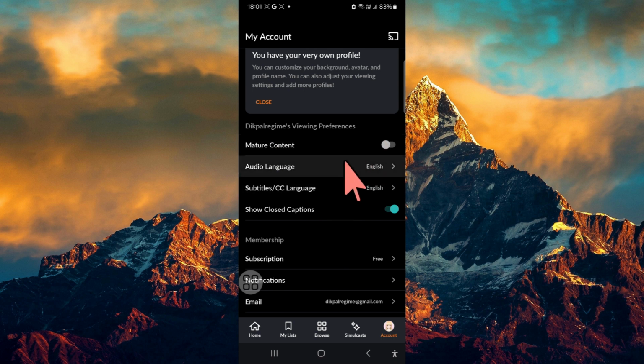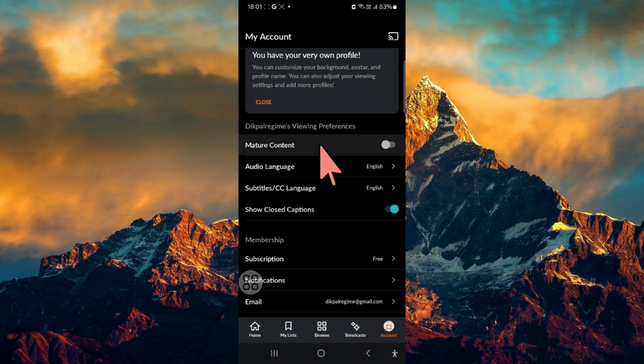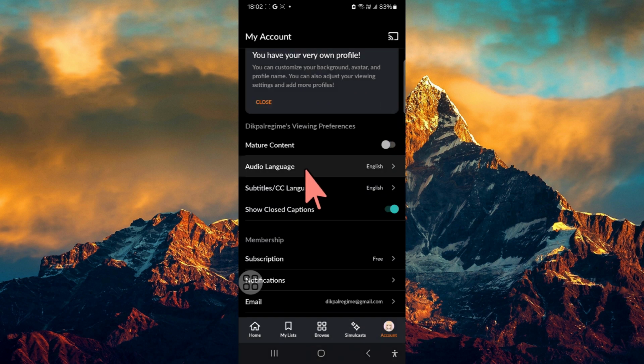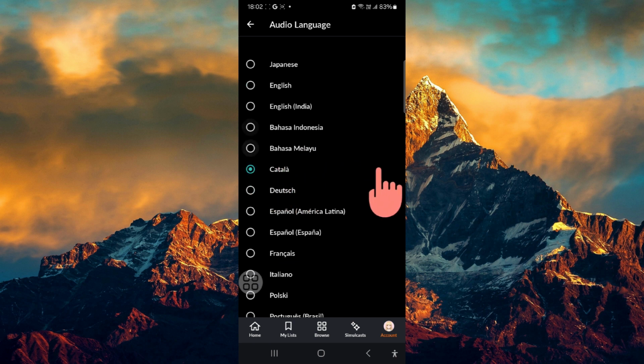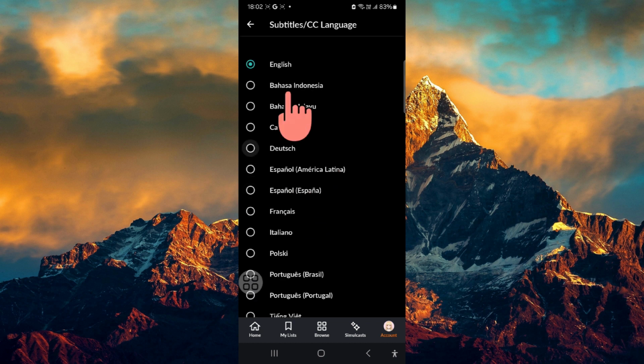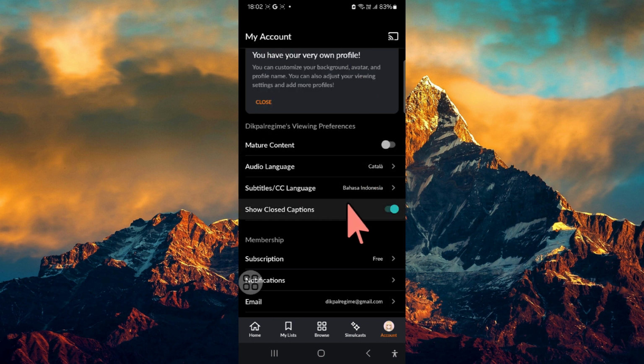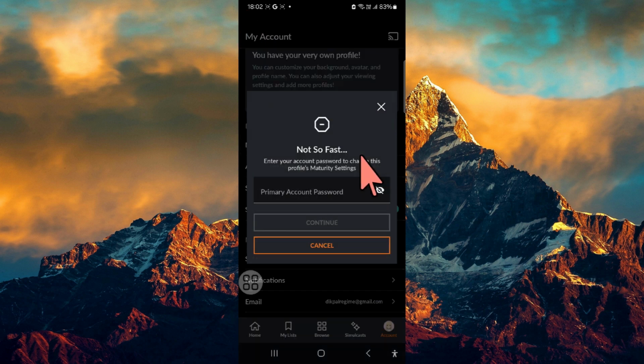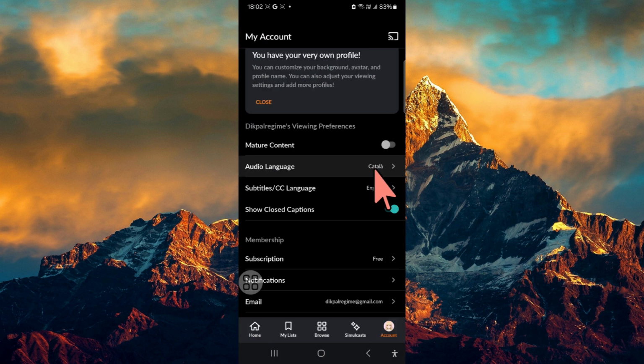If you want to change these settings, just toggle this to on, and you're gonna need to enter your account password in order to change the maturity section. Again, for language, you can simply go and select the language, no need for entering password. Same for subtitles. Alright, once you've changed these settings, your home screen will feature the video preferences set by you